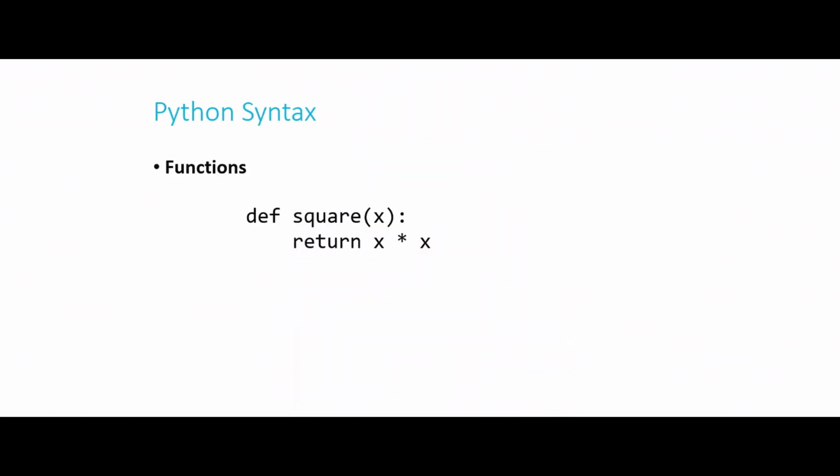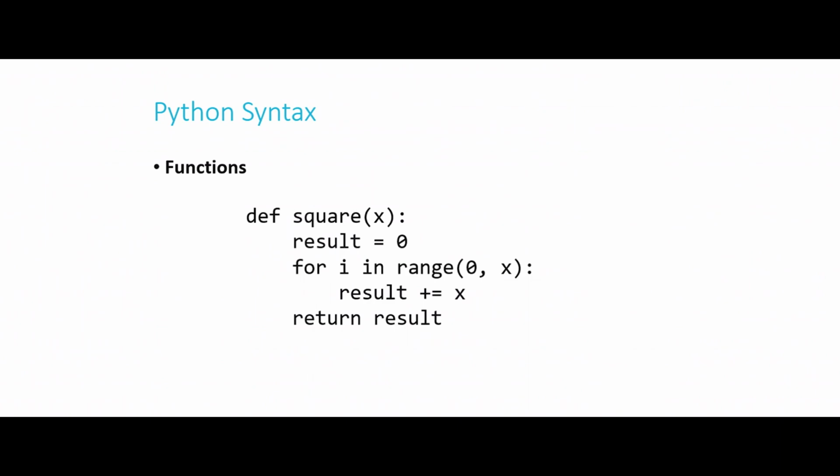So defining a function is pretty straightforward. Let's define the square of x, like we just did a second ago in C. Def square parentheses x colon return x times x. Pretty straightforward. I could also return x to the power of 2. Well, actually, this operator here is a built-in exponentiation operator, which C did not have. I could also be really convoluted and write my square function by adding x to itself x times.